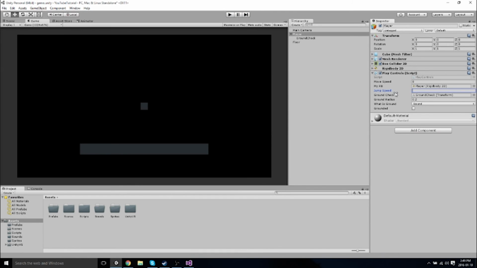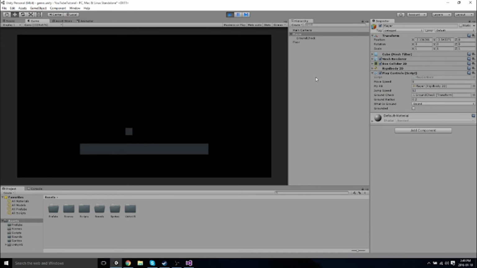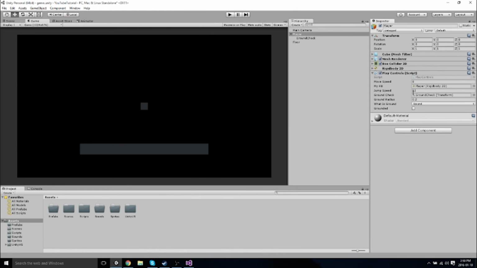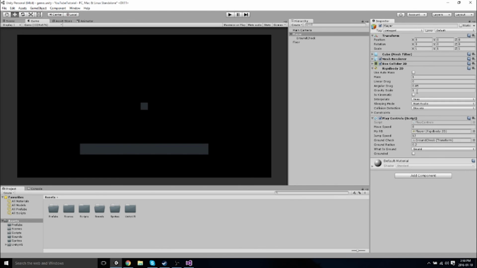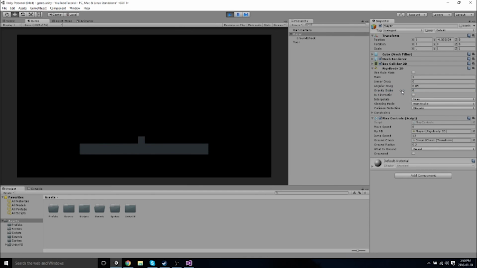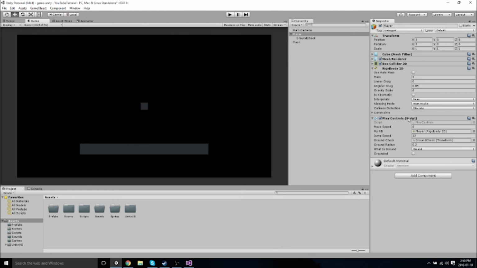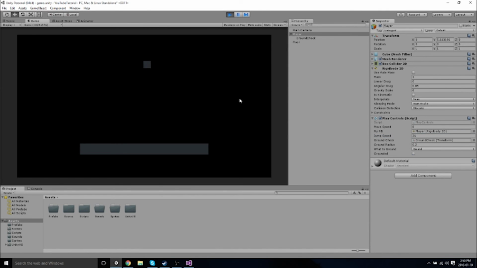Okay, so go back here. We'll make this 12 again. Because everything's, yeah, there we go. And the reason it looks kind of odd and he's floating is because our gravity scale is really low. So if you go into our Rigidbody here and you set the gravity scale to something like 6, then he'll have a bit more of a drop, and we can change our jump speed to something a bit higher, and